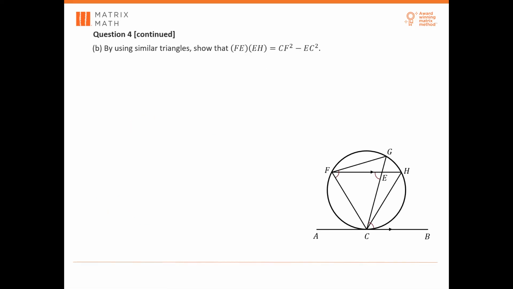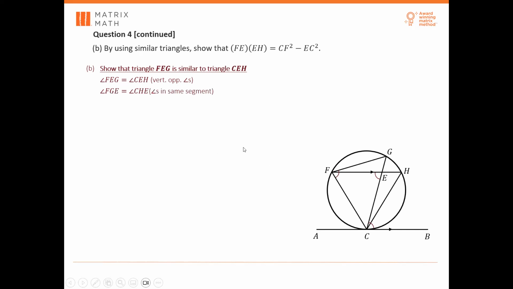Okay, part B. By using similar triangles, show that the following equation works. Okay, so you have to show that FEG is similar to CEH. FEG equals CEH, vertically opposite angles. Then FGE